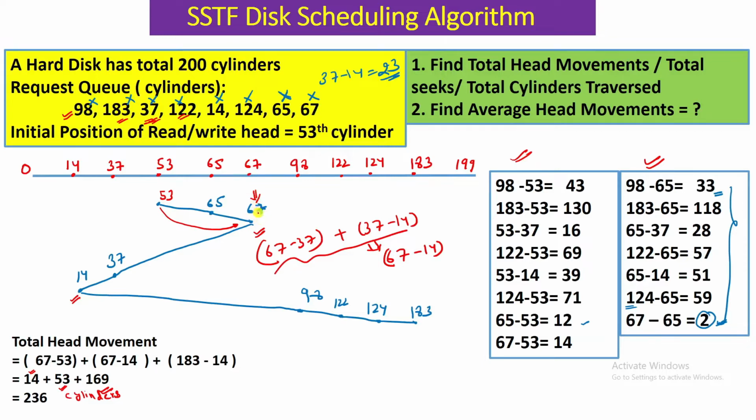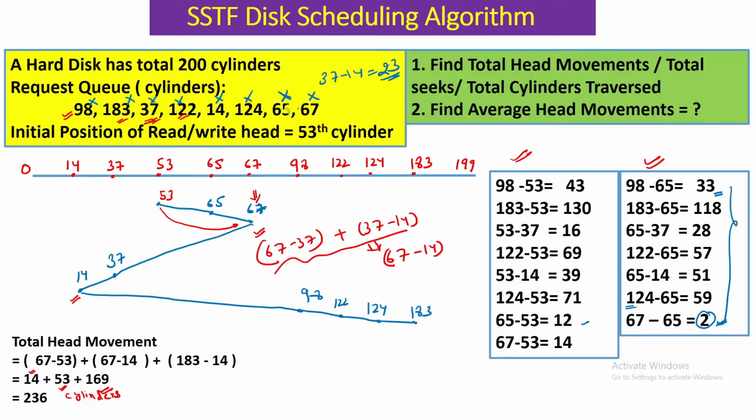From 67 we have to decide which IO request should be serviced, that is, where my read write head should move. From 67 I should go to the closest cylinder, so I have to find the distance between 67 and the various IO requests which are pending. I will not find the difference between 67 and 53, because 53's service has been completed. The same way, the 65 request has been completed, so I will find the difference between 67 and the requests other than 53 and 65. This way I found that from 67, 37 is the closest cylinder.